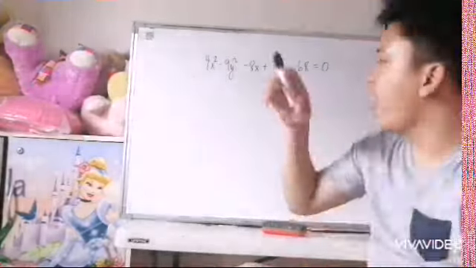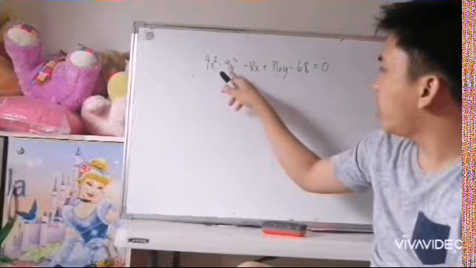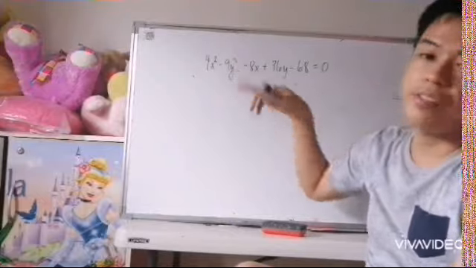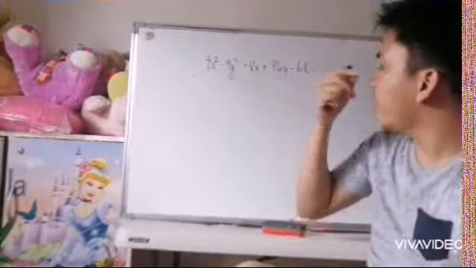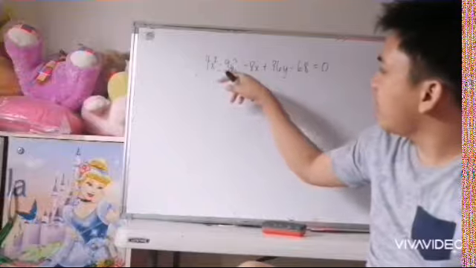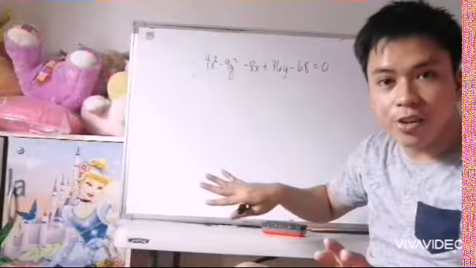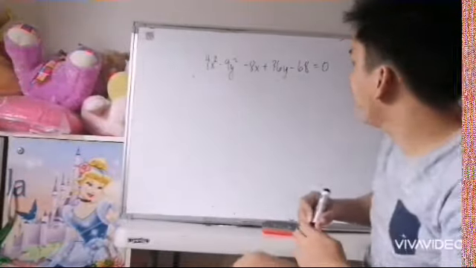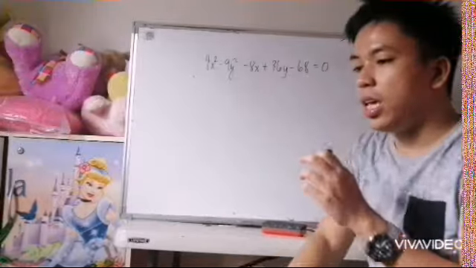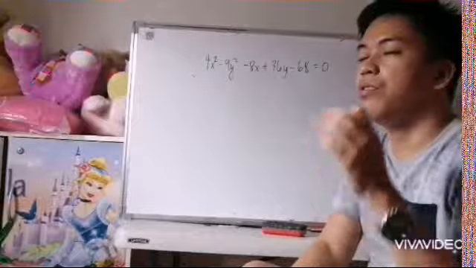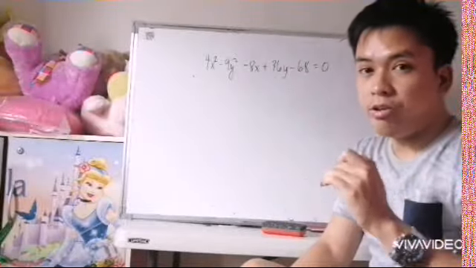So one is positive and the other one is negative. In this case, the highest degree terms, x squared and y squared, one is positive and the other is negative, so you're pretty sure this is a hyperbola. And since in this case y is negative, your hyperbola is oriented horizontally. So if given these equations, you are asked to find the components of the hyperbola and plot the graph of this,